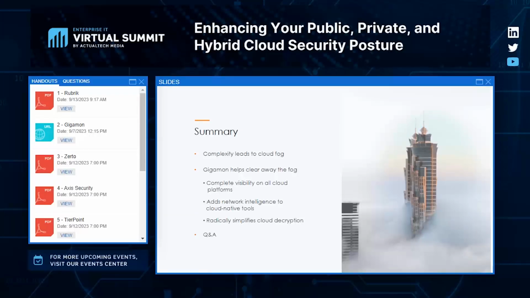When something breaks, and we're working with a very large airliner right now, one of the largest ones out there, they've had an application rolled out for a while. Over the past 6 months, it's been acting erratically. All of their observability tools and the teams have looked at it, escalated. They cannot figure out why it's acting weird. They brought in Gigamon, and what we found is that it's not what's running within the host, it's what's being rejected, the CRC checksum errors outside the host.